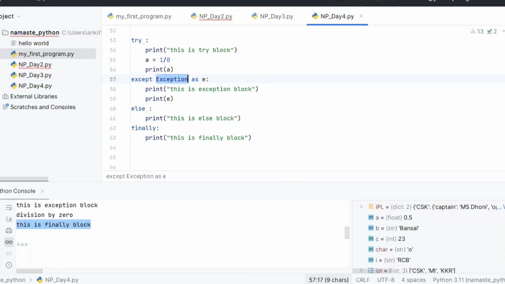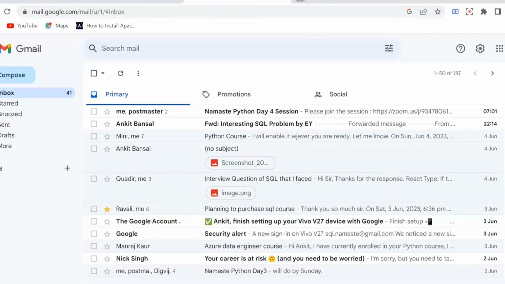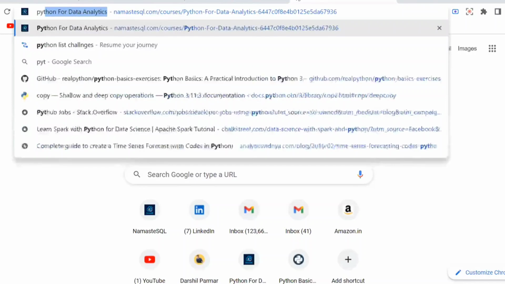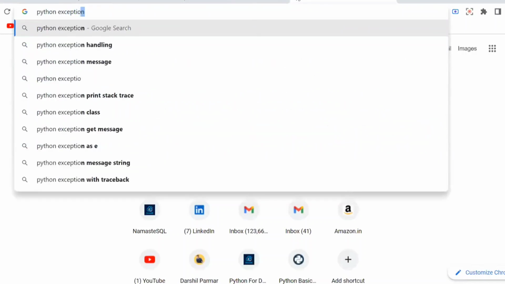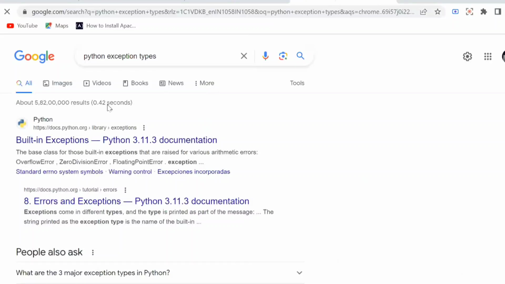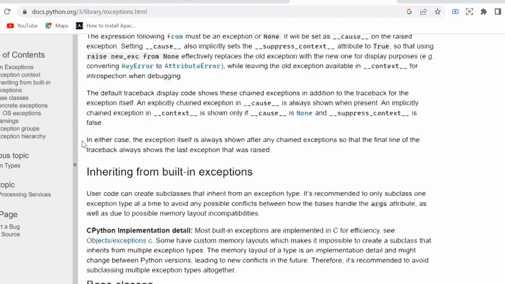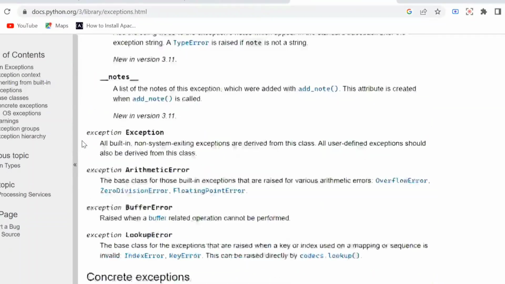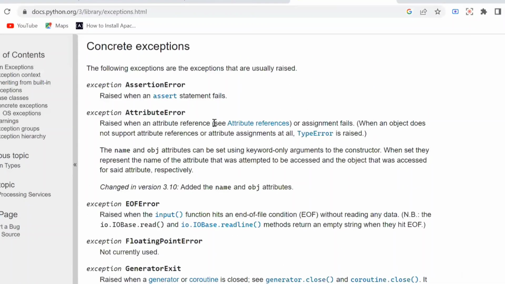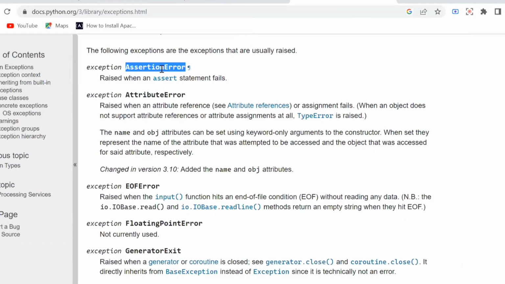Okay, so if I quickly go here, Python exception types, built-in exceptions are there. So we have assertion error, attribute error, and so on. We can directly give these.